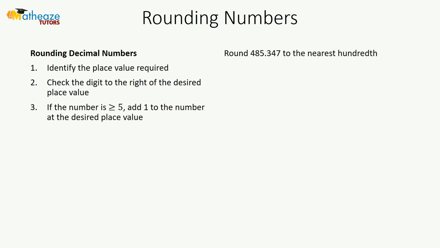Now let's look at decimal numbers. It's the same approach. We look at the number to the right. If it's greater than or equal to 5, then we add 1 to the desired digit that we're after. And then we can replace the rest with 0. So we have